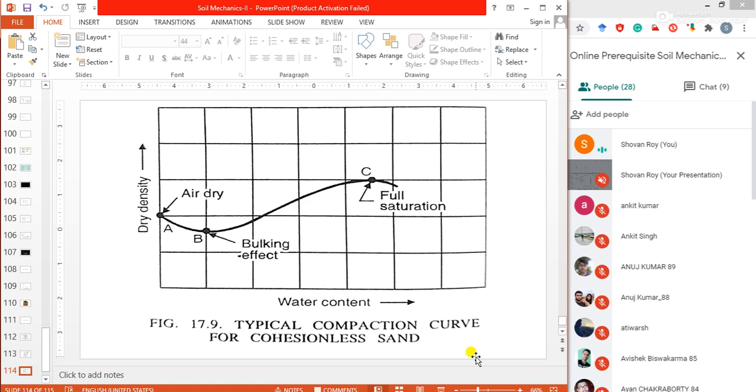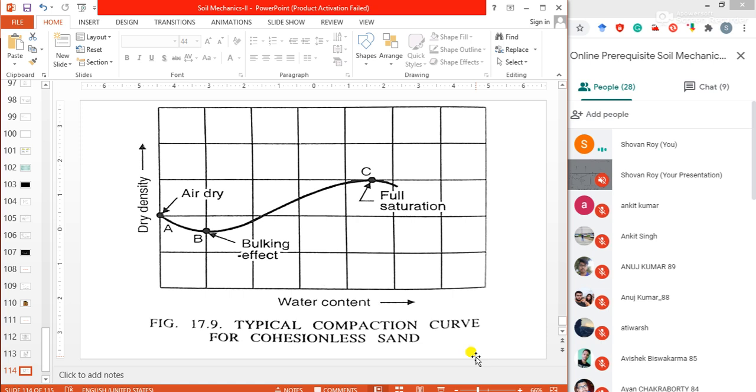Phi value is maximum for sand and C value is 0, and for clay phi value is 0 and C value is maximum. C is the cohesion value, phi is the angle of internal friction. So for sand the angle of internal friction is greater, and that's why sand takes lots of load and can take maximum load in its case. In case of cohesionless soils which are devoid of fines, the water content has very little influence